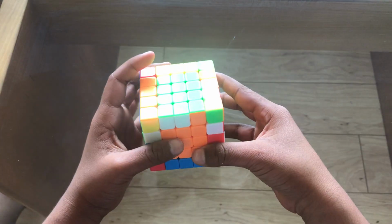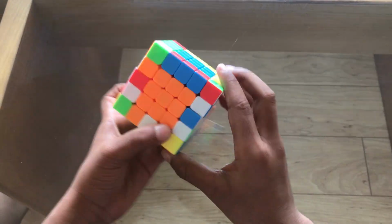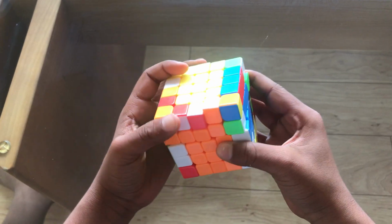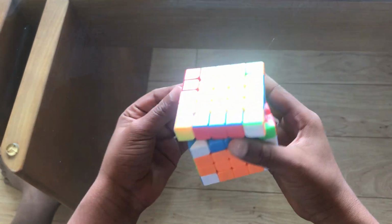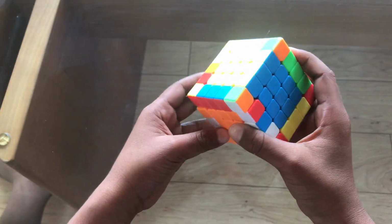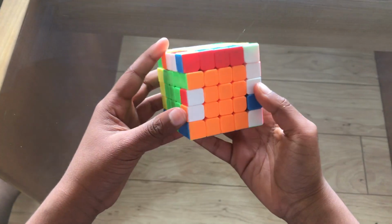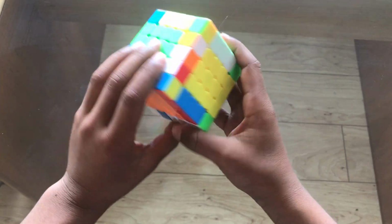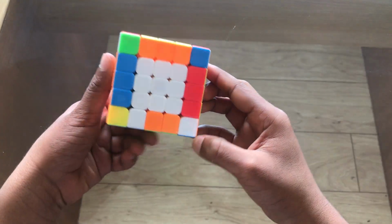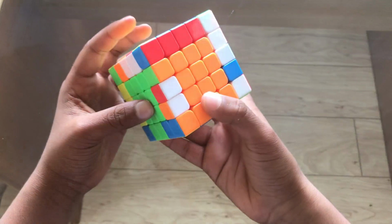Now we have 2 of light green and white. Now just solve it like you would, and we can do it with any because this has messed up and another mixed up weird piece. So now we have this still to mess up back, but for now, all we need to do is just try to solve everything. So here,